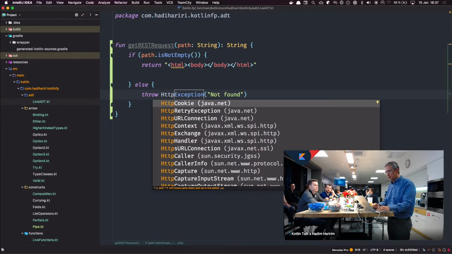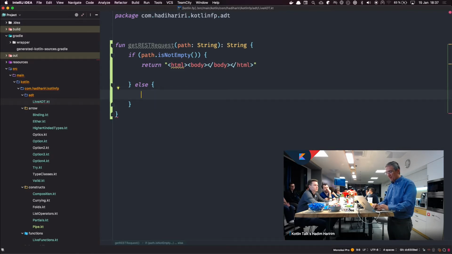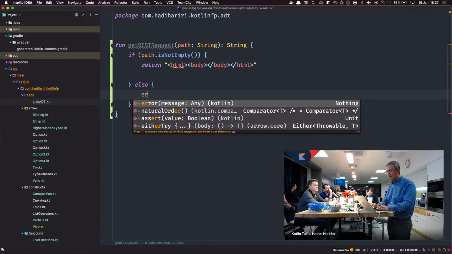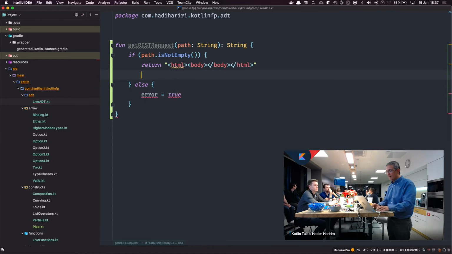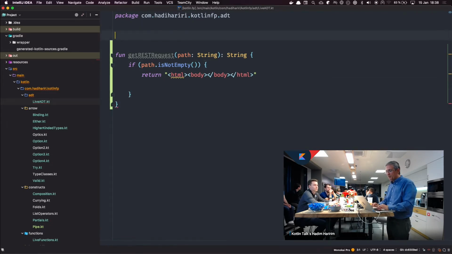Define your own exceptions. Some of you may go back to the old-fashioned way and say, you know what? I'm going to set message error equals true, and then error is going to be a property that I'm going to pass in or what have you, and that's a little bit painful, which you can't even do in Kotlin. So often what we can do is create a class